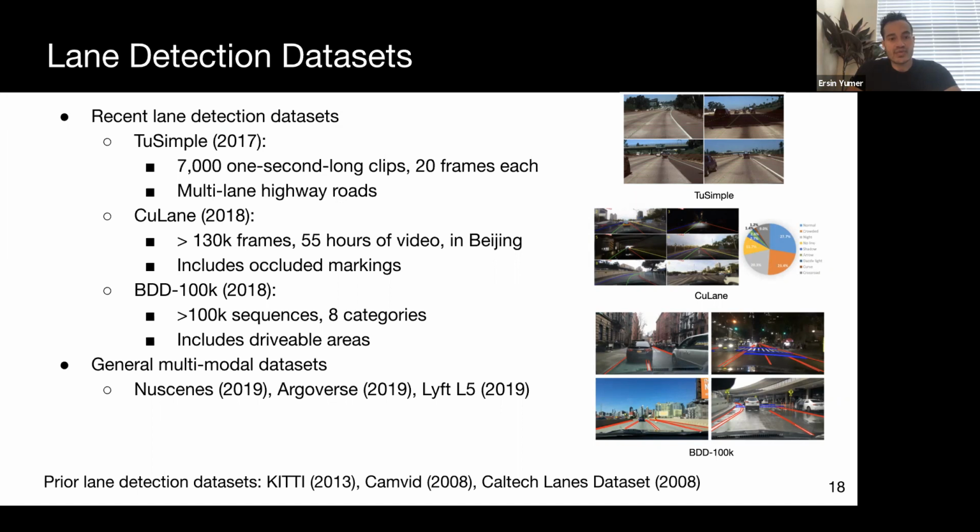CU lane contains over 130,000 frames throughout driving in Beijing and additionally annotates lane markings that have been occluded or faded. The Berkeley Deep Drive dataset also consists of over 100,000 sequences annotating lane markings with 8 categories and additionally includes